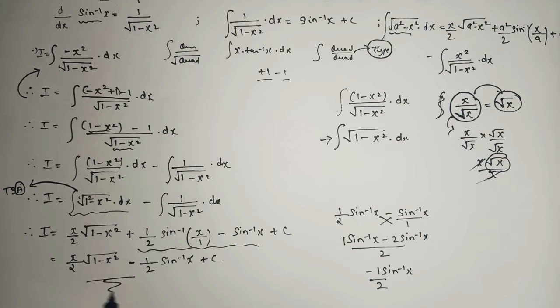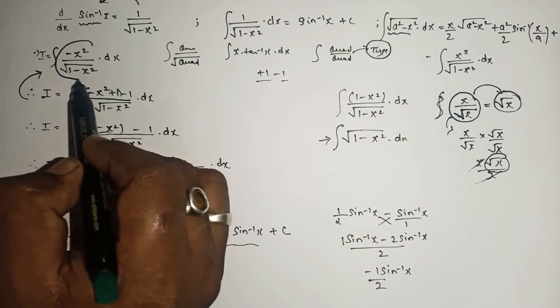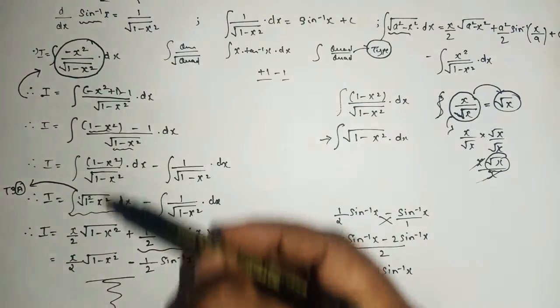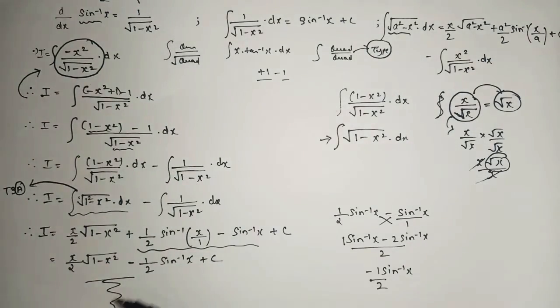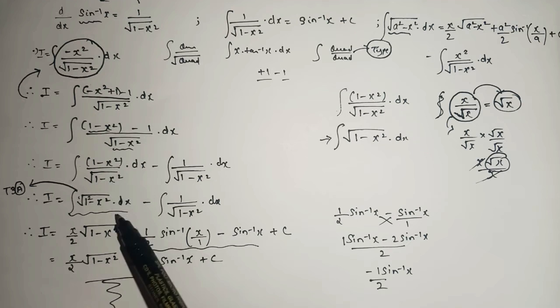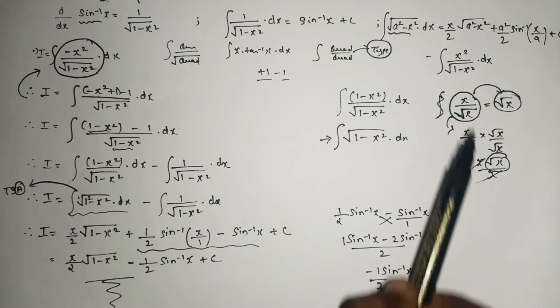So in this way you will present your sum whenever you come across a quadratic upon root quadratic. I hope you all understood each and every step, and even this step also, how I wrote this 1 minus x square upon root 1 minus x square as root 1 minus x square by rationalizing.